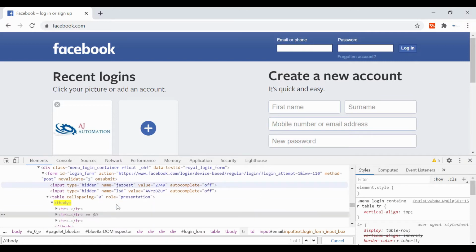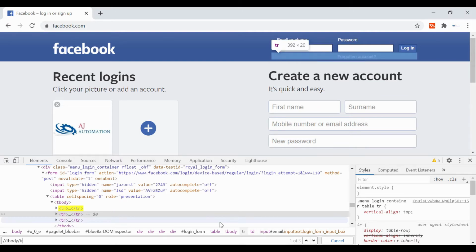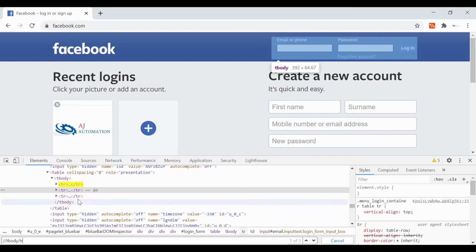After tbody, if you want to go to this TR, all these TR are immediate ones, which means single slash TR. As you can see on the right-hand side, it has given 3. So what 3 is representing is that there are 3 immediate nodes after the tbody.